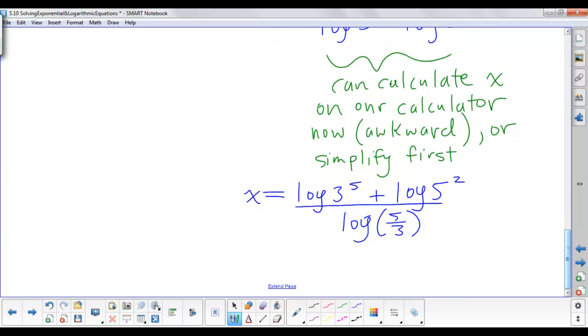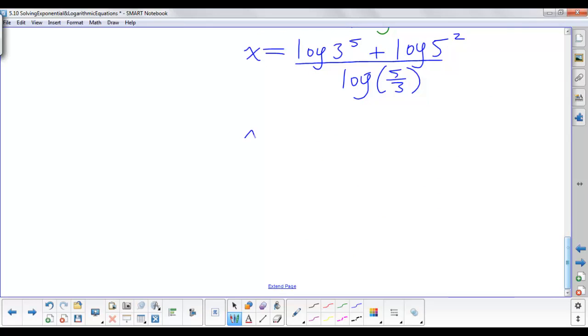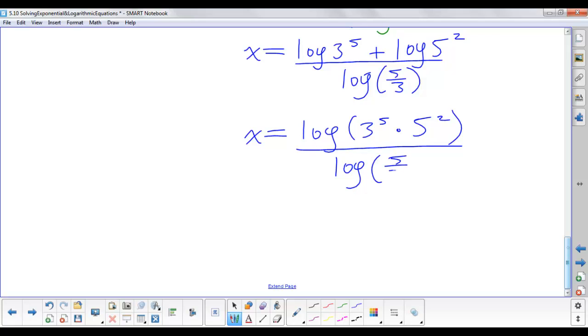I'm going to do a little bit more work with the numerator before we decide to punch things into our calculator. I've got a sum of logarithms on the top, so I could convert that to a single logarithm. So this could become log of 3 to the power of 5 times 5 squared. I'm just using the product law in reverse, and then I'm dividing by log, again, of 5 over 3. Now, 3 to the power of 5 times 5 squared, that's